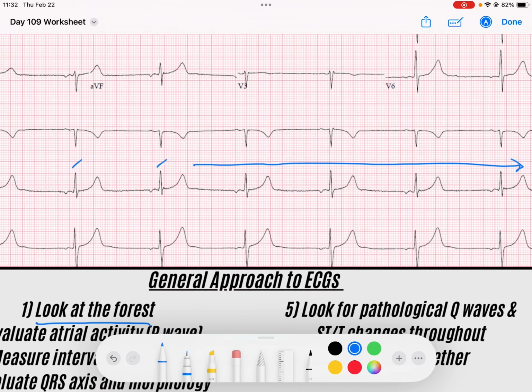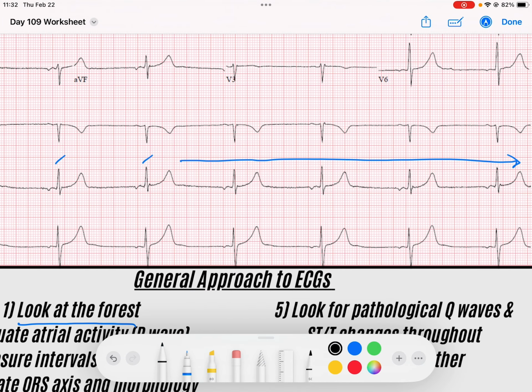So what I'll do is calculate the rate. I'll find a QRS that lands on a solid line, and I'm going to count the number of large boxes. So I've got 1, 2, 3, 4, 5, 6, about 7 large boxes. So we can do 300 divided by 7 to get our rate for this rhythm, and that is 43 beats per minute. So we've got a bradycardia,